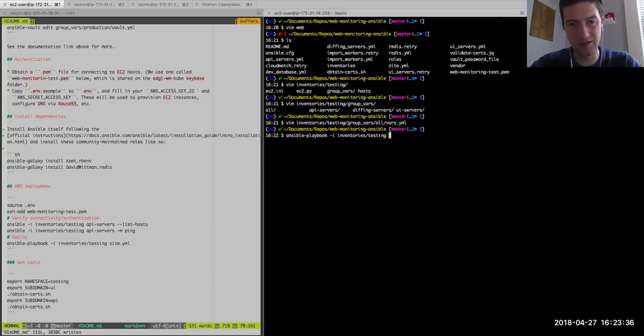Finally, once you've chosen an inventory, you choose a playbook. Site should do the entire site. It'll do the differs and the API server and the UI server all. If you just need to update one of these, you could select it out. Each one has its individual playbook, like the different servers or the UI servers. Maybe I'll just pick the UI servers as an example. So if I run this like that,